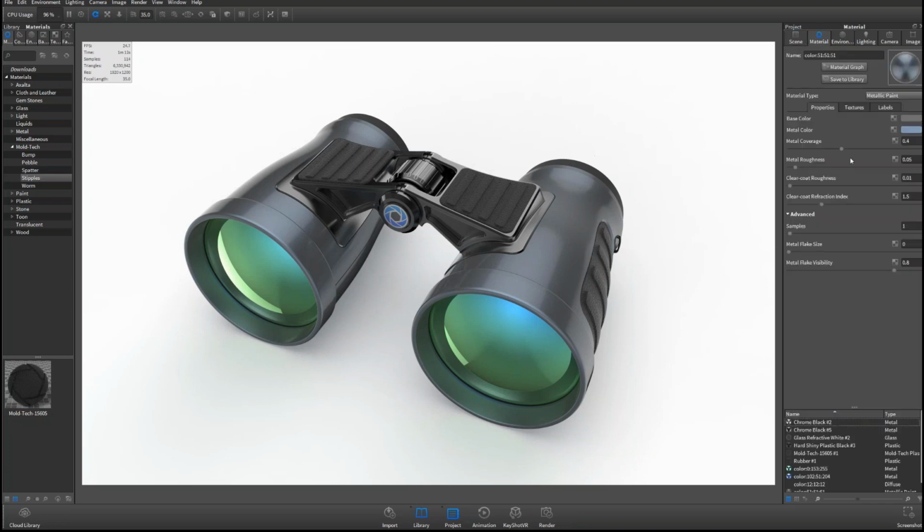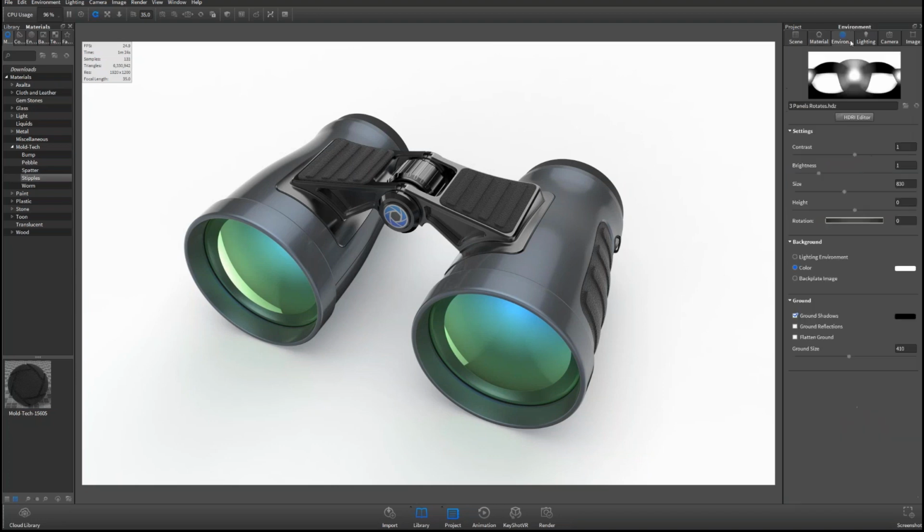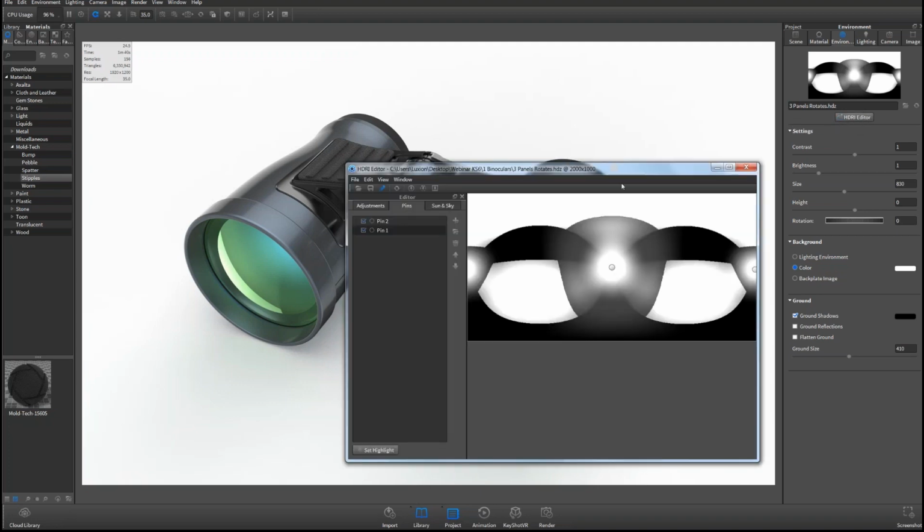The material tab is going to get a little bit more complex with the addition of the material graph, which I'll talk about a little bit later. The material graph is going to allow you to make much more complex materials. And again, we'll get into that later on down the line. In the environment, we've changed the HDR editor button, so now it's actually a button instead of the giant invisible button, which people didn't necessarily easily see, right? So now when you start working with your custom environments, you just click that button. This will bring up the HDRI editor.